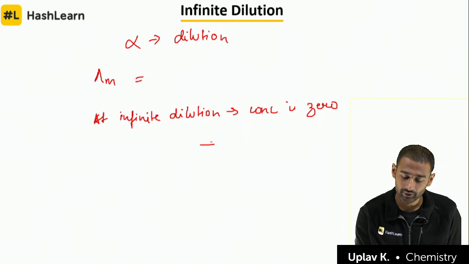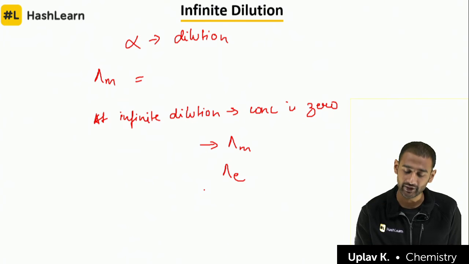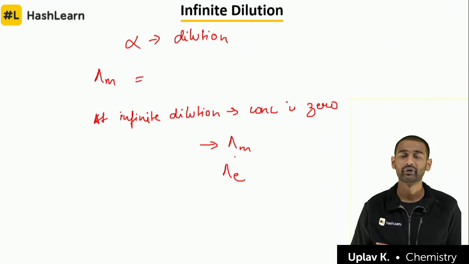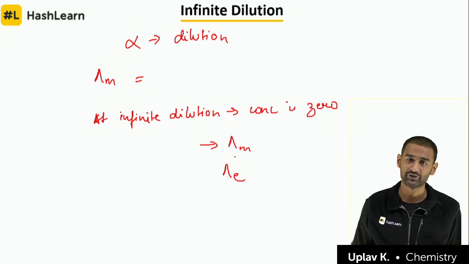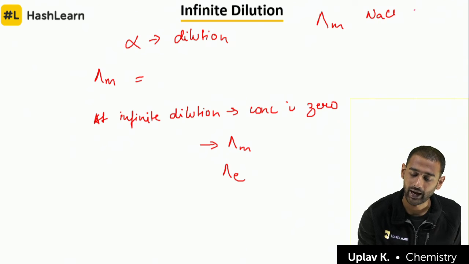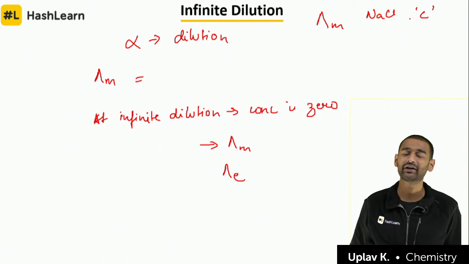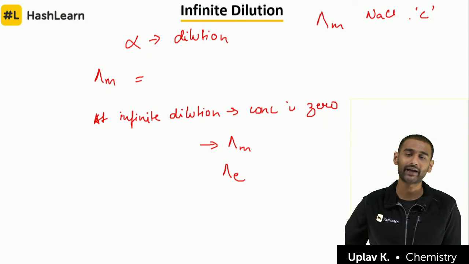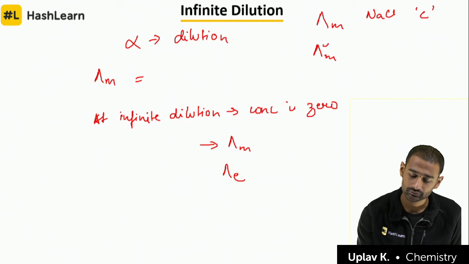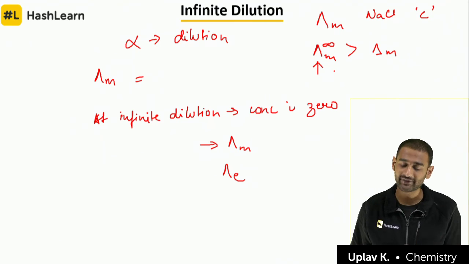Now in this case, the value of the molar conductance or the equivalent conductance is what we call the infinite value, because this is a limiting value; more than this is not possible. If I am talking about the value of, suppose, NaCl at concentration C, it will have some value, but if you decrease the concentration and go towards infinite dilution, the value that I'll get will be greater than this value. So this is called the limiting value of the conductance, and it is achieved at infinite dilution.